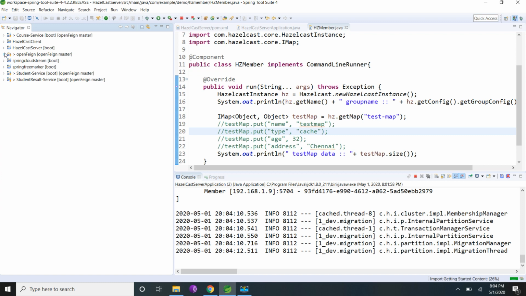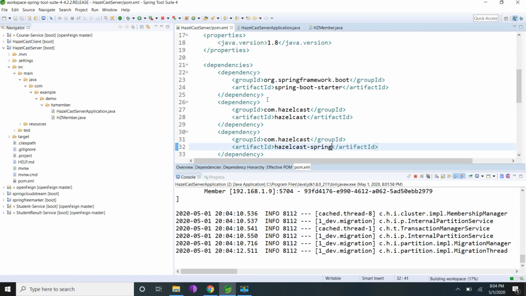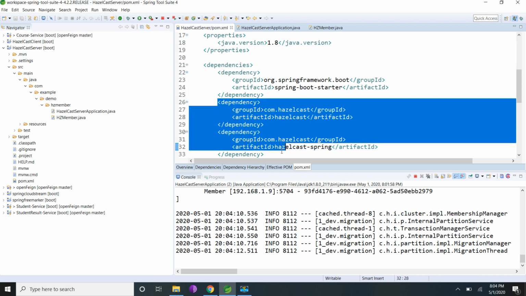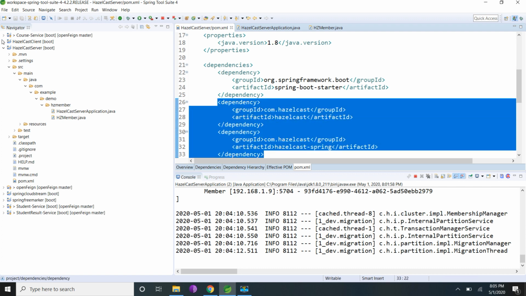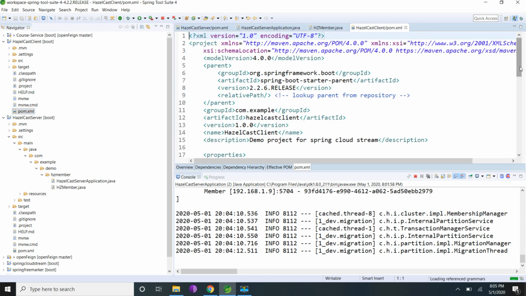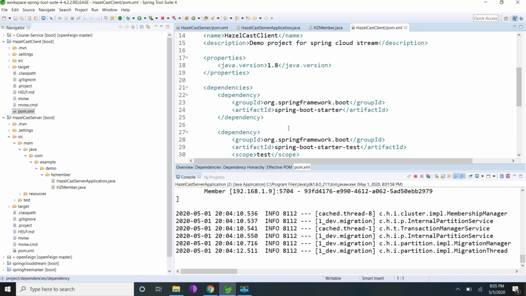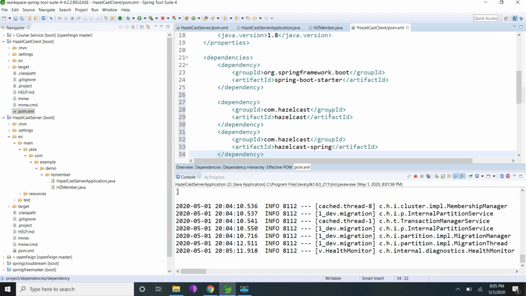For the client also we need to add the Hazelcast dependencies. So I'm copying from this pom.xml. For the client it is hazelcast-client.